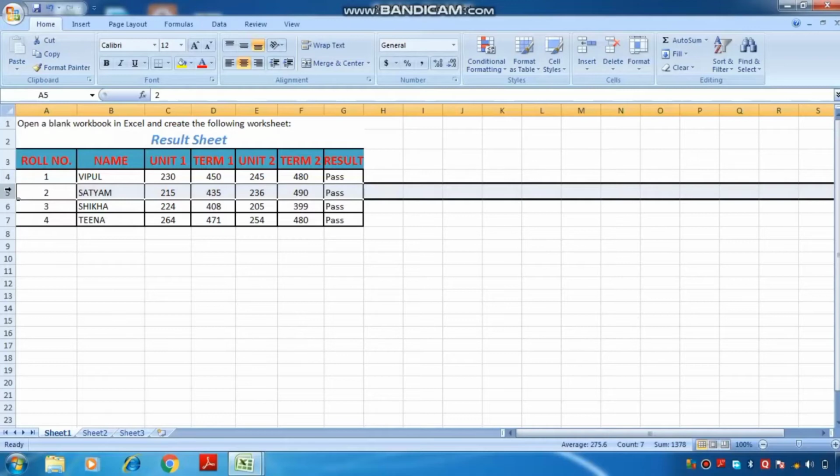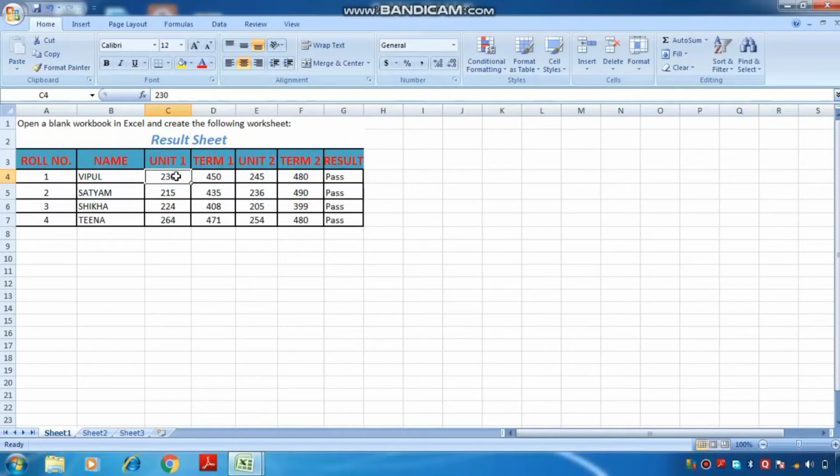Okay, so Excel provides number formatting options to change the appearance and look of your numeric data without affecting their values. By default, we have the general format of the number value. To change the default number formatting, first we have to select the cell to be formatted, the cell in which we want to perform the number formatting. Suppose I want to change the number formatting of this cell, then I have to click on this cell, that is the C4 cell.